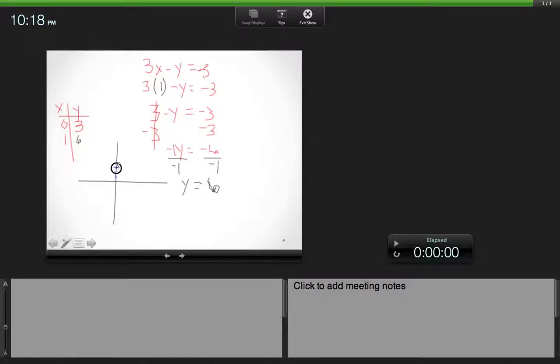So maybe like right here. Okay, and then when x is 1, go over 1, y is up 6. So 4, 5, 6. So when x is 1, y is 6. That would put me like right